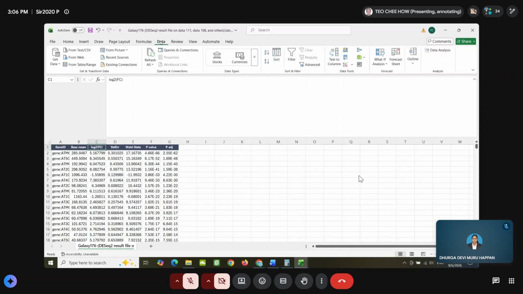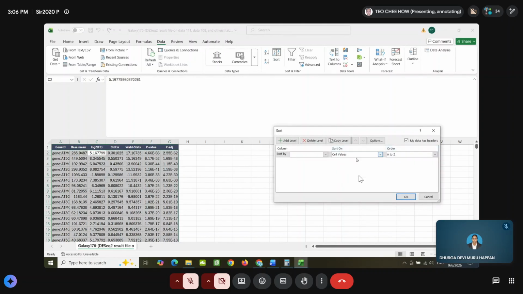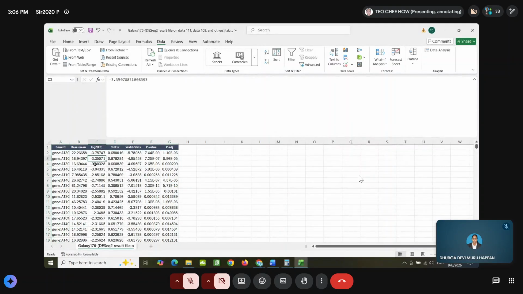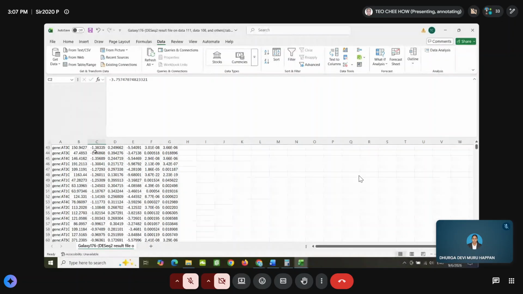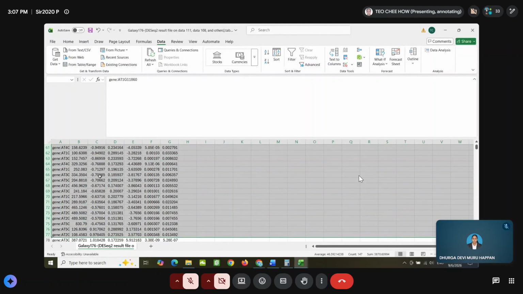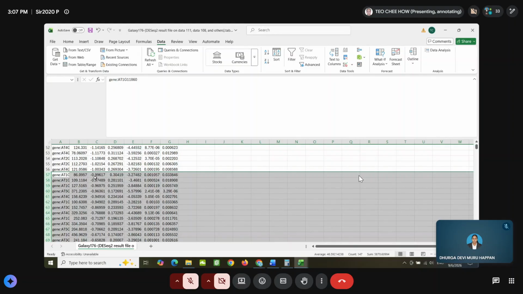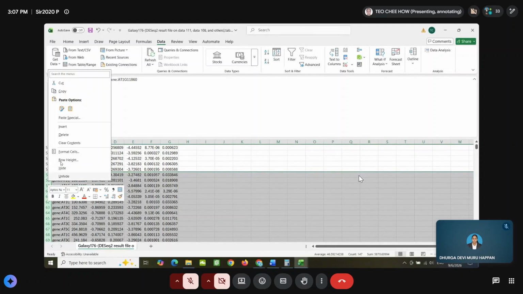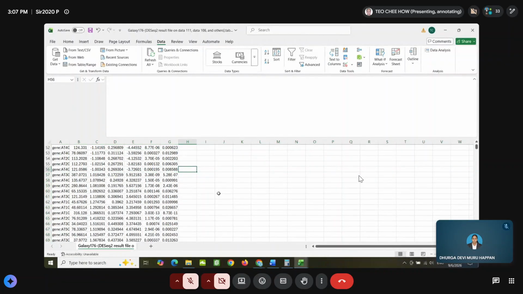So then you need to sort the data, using the log FC from smallest to biggest. Now you see that those are down regulated, right? So anything that's bigger than -1, we don't want, and anything smaller than 1, we also don't want. Although this one is differentially expressed, it does not fulfill the threshold of the expression level. So we delete this one, right?